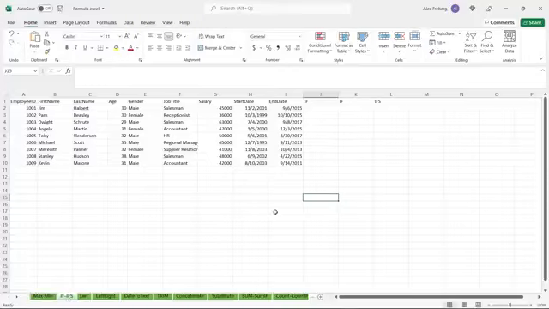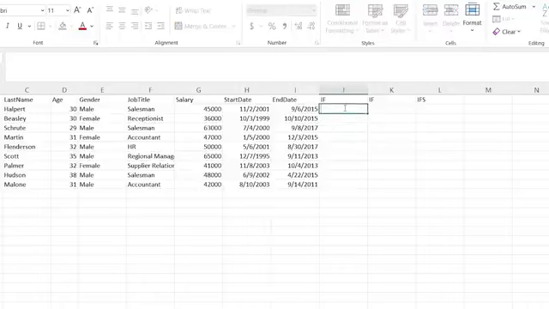Now, if is, I think, pretty straightforward. So all you're going to do is you're going to say, if this, then that. Ifs is a little bit different. So ifs is you can put multiple conditions, and as we're writing it, I'll show you kind of what the conditions need to be met. All right, so we're going to click right here. We're going to say equal. We're going to do if, hit tab,